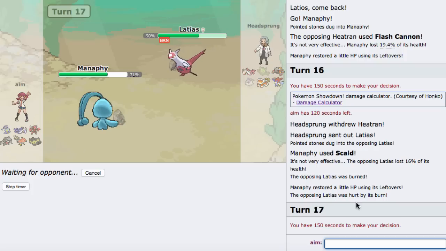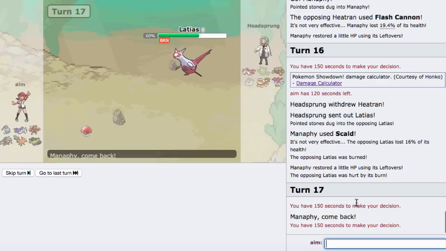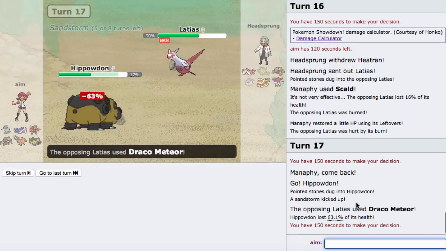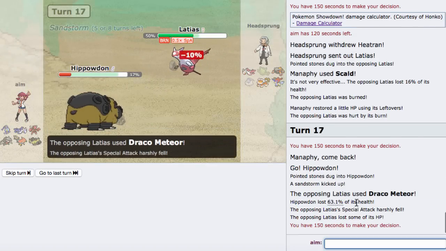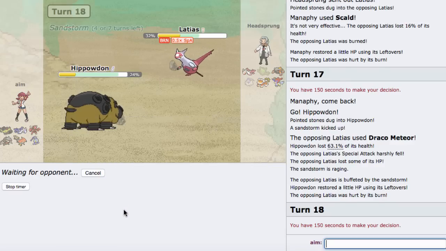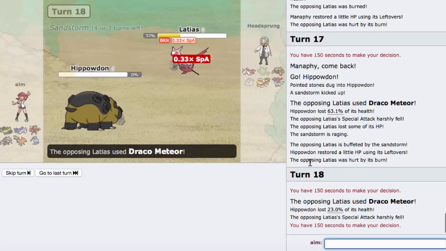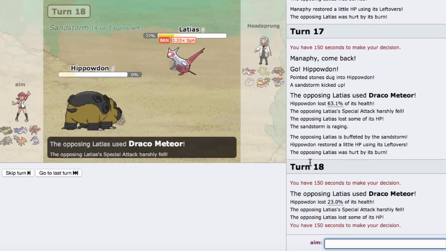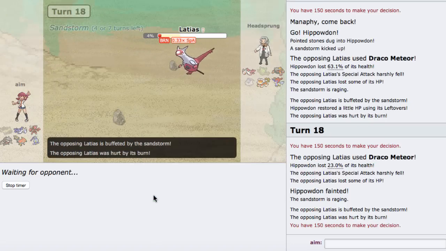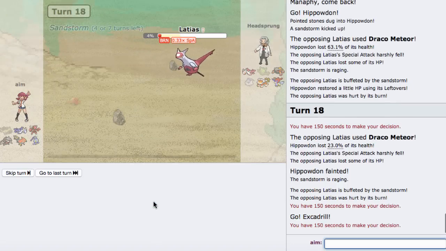But either way, I'm going to go out into my Hippo just to get up the sand one more time. Or get up the sand right now. And then proceed to smack him with my Excadrill. Hopefully he drops a Draco right now and it knocks me out. Unfortunately, it does not. And I guess my best play is going for Slack Off regardless of what he does, but he is able to knock me out with the next Draco as Lottie is in range of a Rapid Spin kill. So I think it's time we get a Rapid Spin kill,